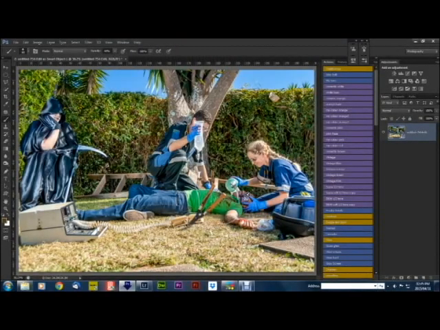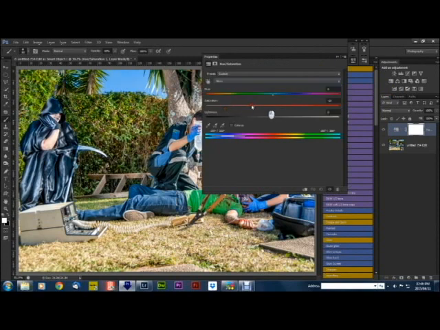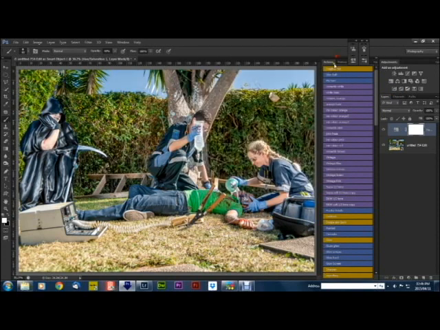We're going to change selective colors within this image. So what you might first want to do is, if you look at the Grim Reaper here, her cape has a lot of blue in it. So the first technique we can use is taking the blue slider and sliding it all the way down,